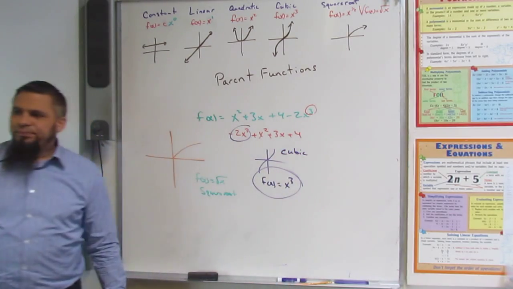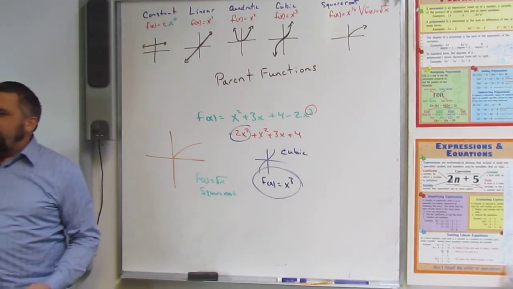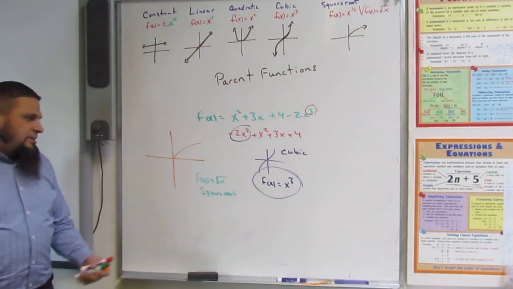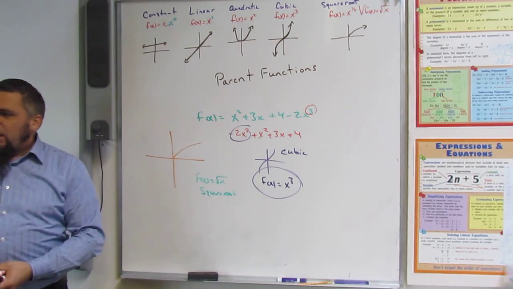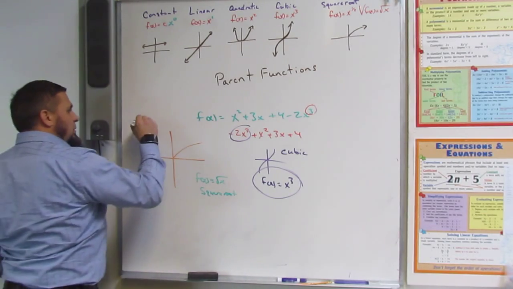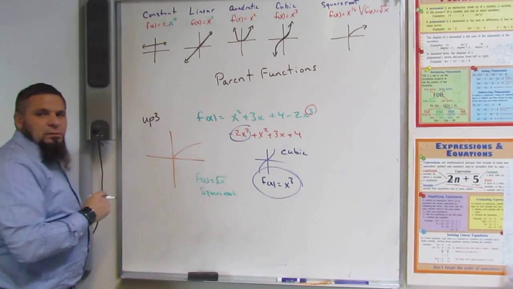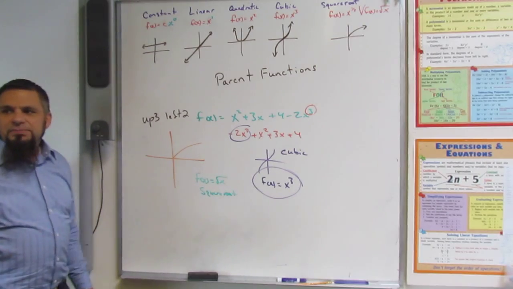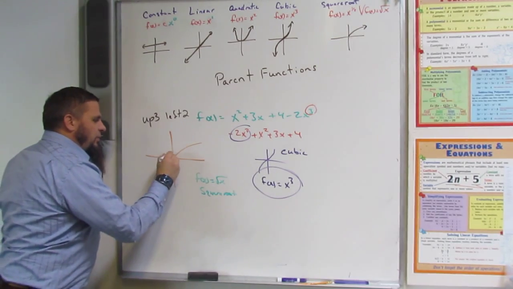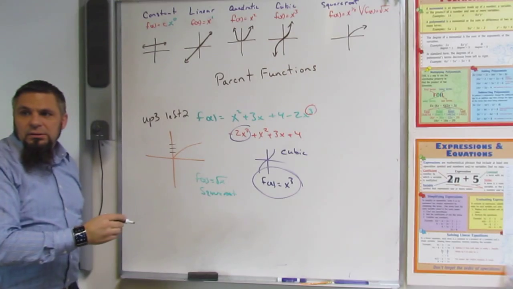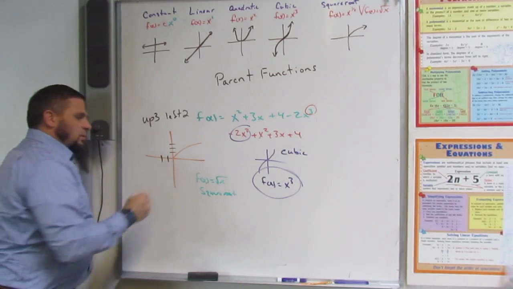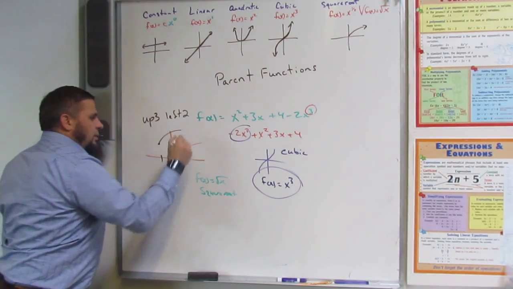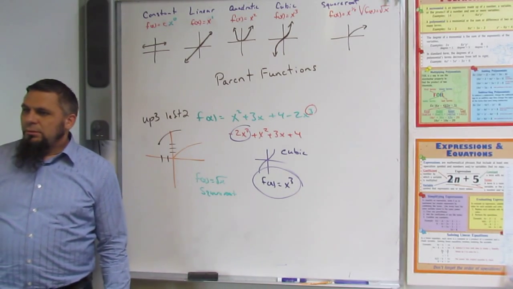Okay? So that's what you're doing for problems 1, 2, 3, and 4. Well, problem 1, you're going to take this square root and you might move it up 3 and left 2. That just means I'm taking this orange one and I'm moving it up 3 and left 2. We don't have to write this down. So I'm up and over, and then there it is.